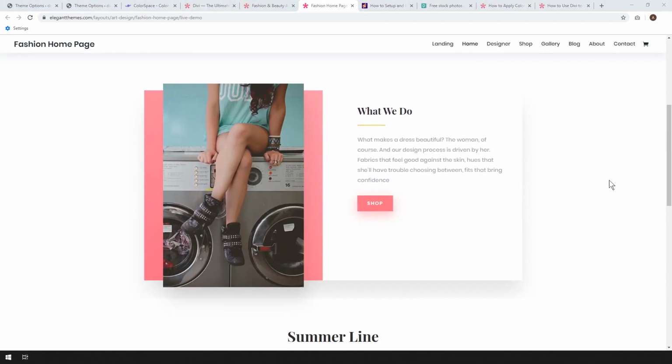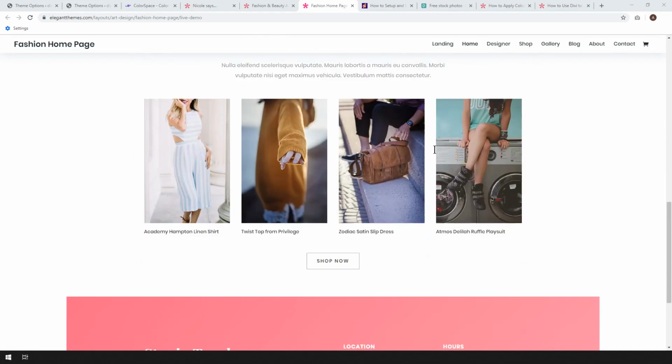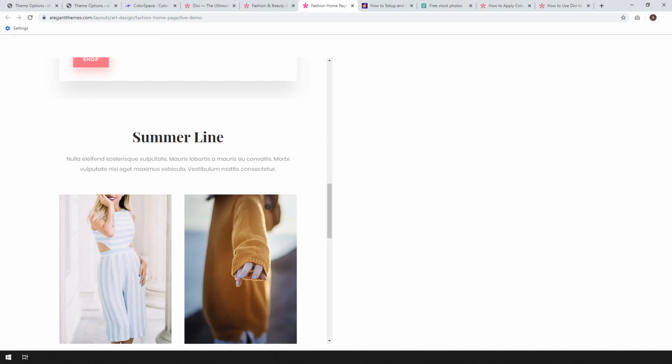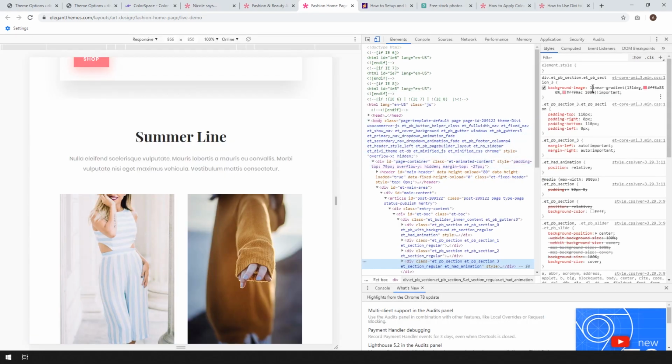So in terms of our color palette, looking at this page that's been designed here, it looks like it's largely based around this pink color. So I'm just going to, using Google Chrome, right click and click inspect. I'm going to find the HTML code for this color. So that's the nice light pink color there, FF99AC. So I'm just going to go ahead, copy that with Control-C, and then I'm going to go to this